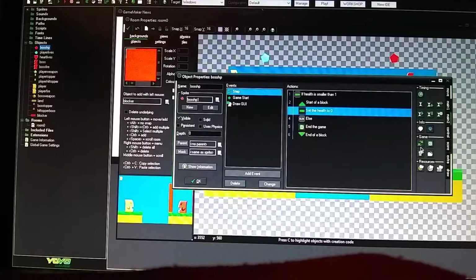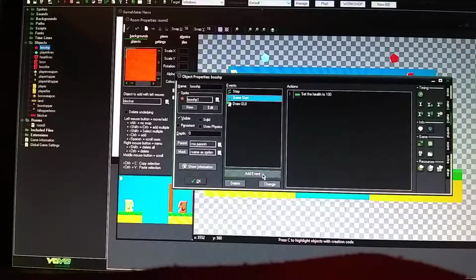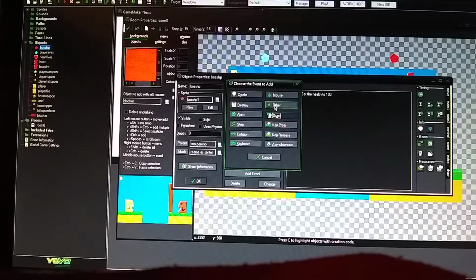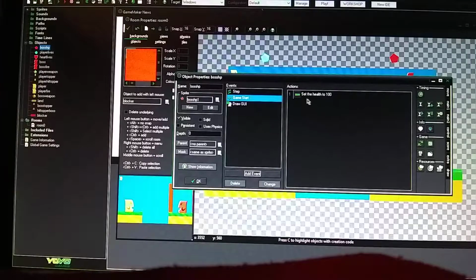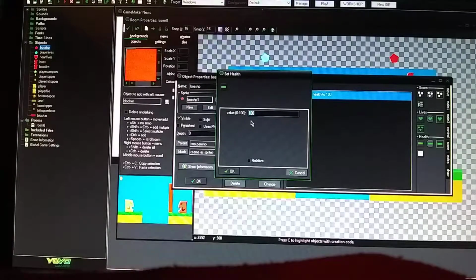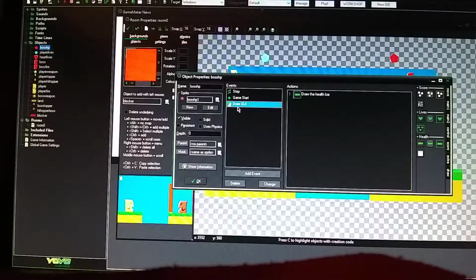Went to main 2 tab, dragged over an end game step, and then end block. Then I went to game start, went to add event, clicked on this other icon, said game start. Then I grabbed a set health, set it to 100, not relative. Then I did a draw GUI, dragged over a